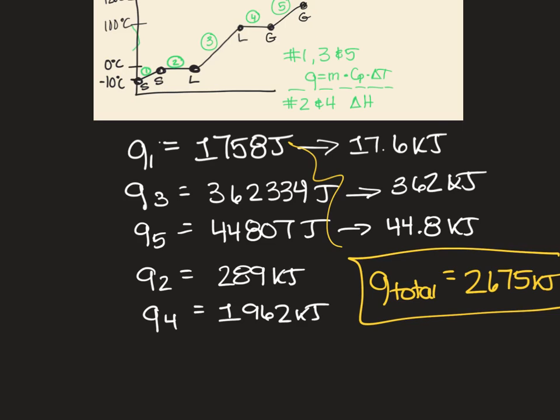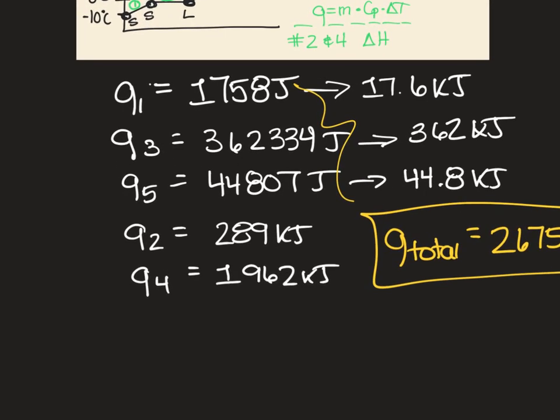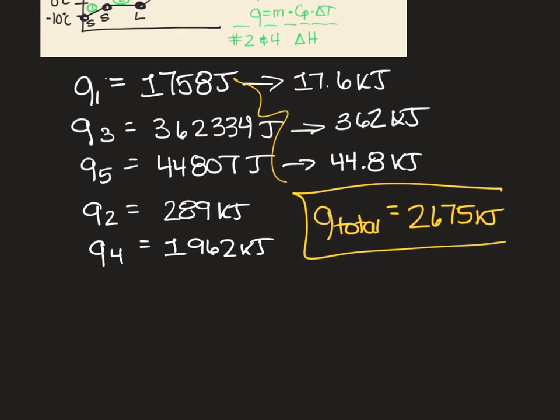So I used the delta H, and that's where I got the two different delta H's. One is vaporization and one is fusion. So make sure you use the right one. And then I got those two answers. They're in kilojoules because the delta H was in kilojoules, but you had to convert mass into moles to be able to do it. And then when I add it all up, I get around